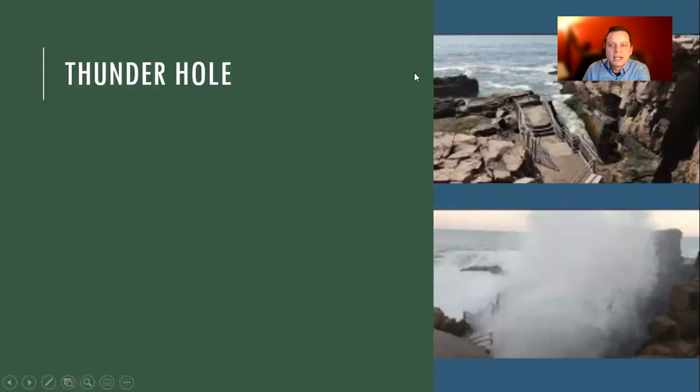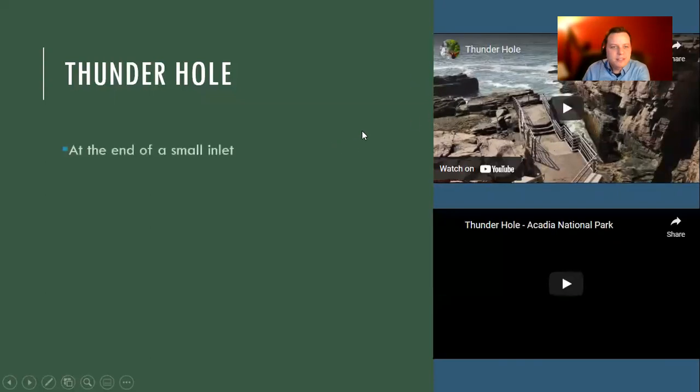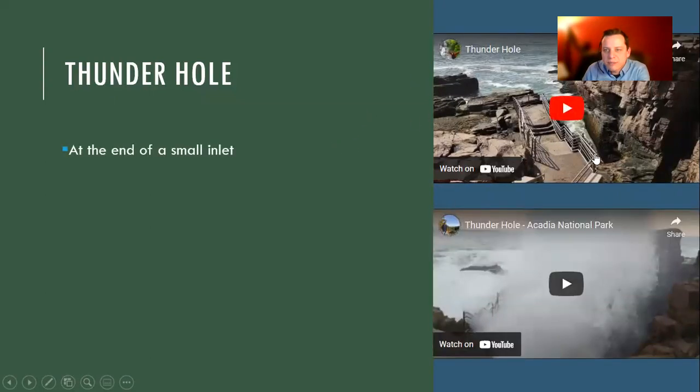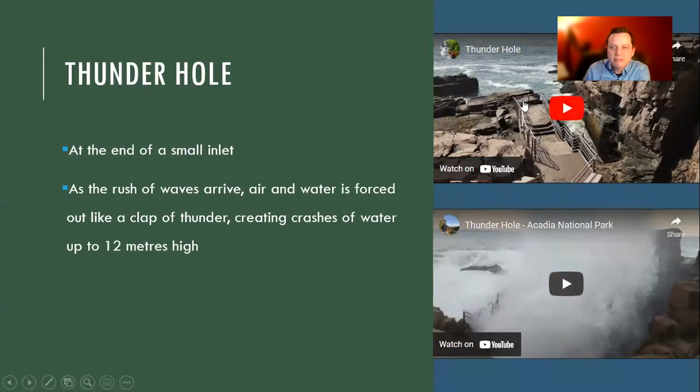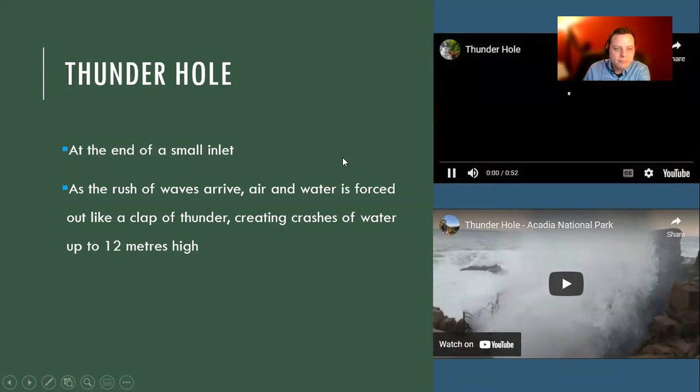So here's a few different examples of that. First you've got the small inlet, which is now hidden by a play button, thanks to YouTube, but we'll watch the video and you'll be able to see what I mean. So the water comes in there and goes smash and makes a big sound like thunder. And this is the same place in the bottom video that you see. And that is how big these waves can get. So of course, at that time, you're not allowed down on the stairs for your safety.